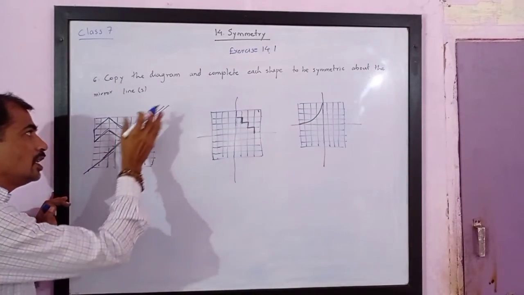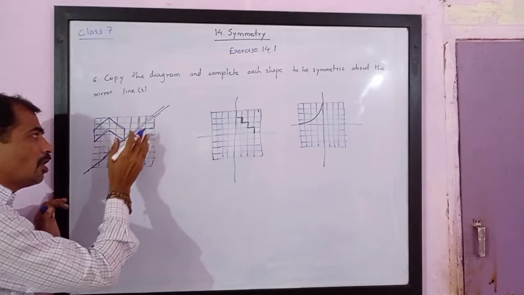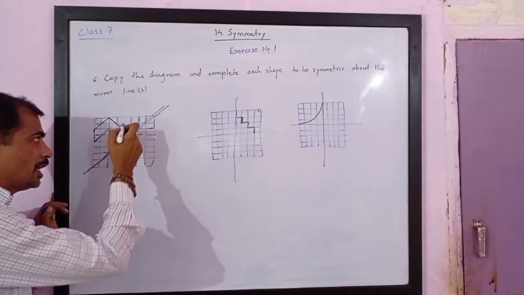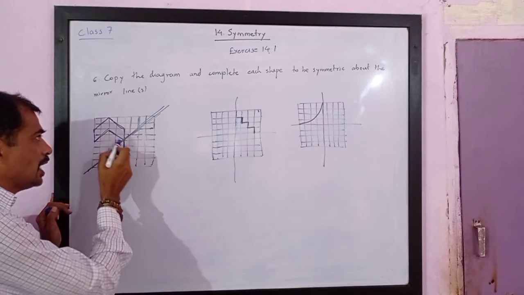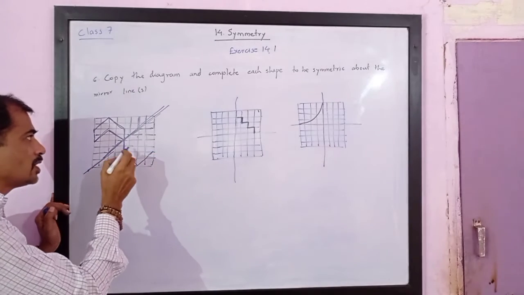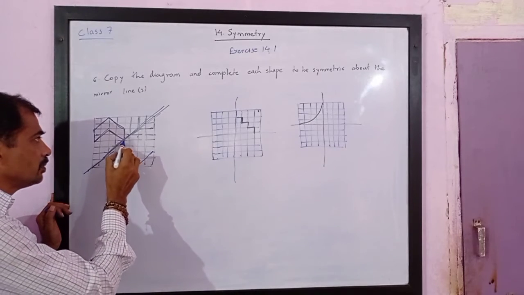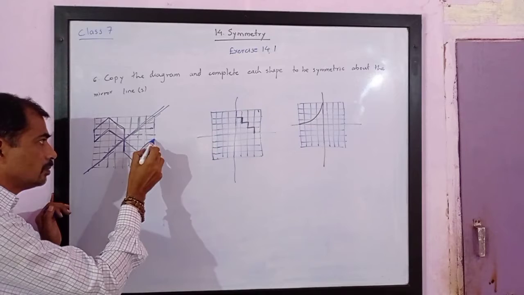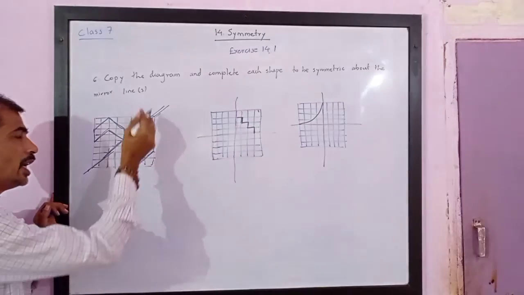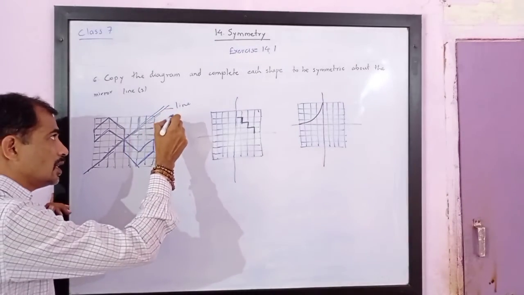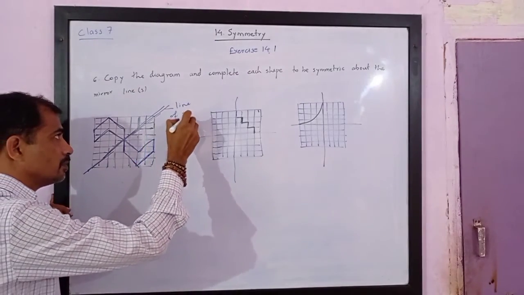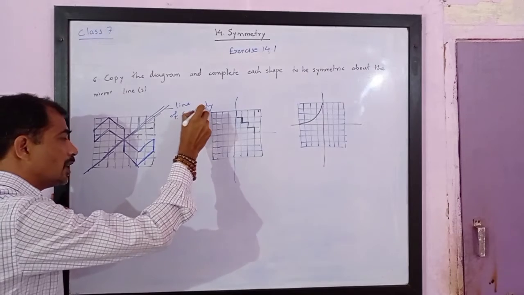Please note, this figure is symmetric about the line of axis. So this part will be a mirror image, something like this. It will be exactly the same. Then you will notice that this line will go here. Try to understand the figure. So it will come like this. So this is the figure that we expect when it is folded along the line of axis. This is the line of axis, or you can say line of symmetry, or you can call it axis of symmetry.